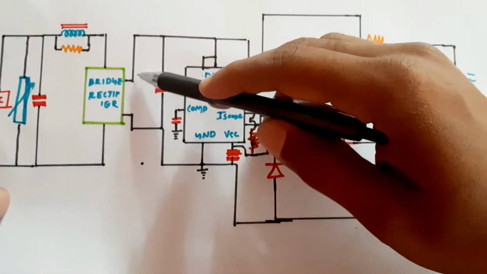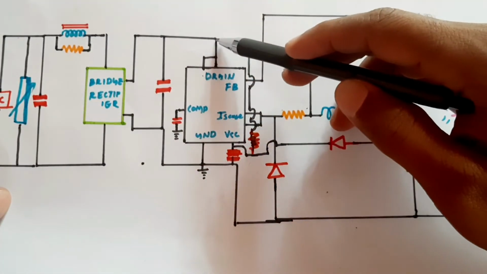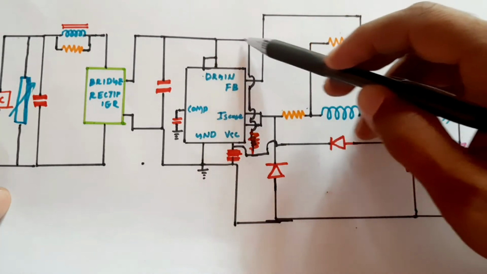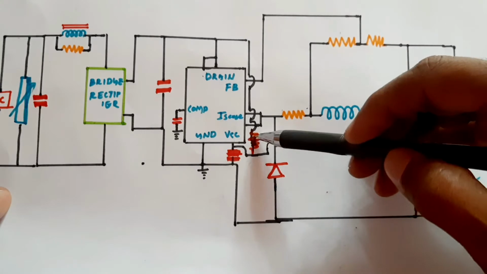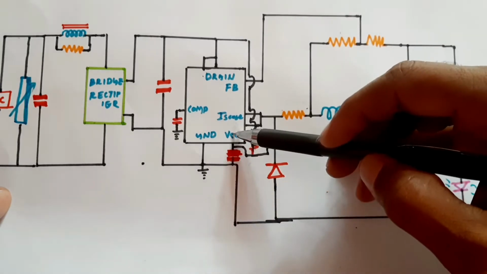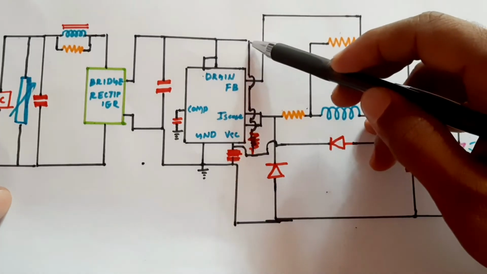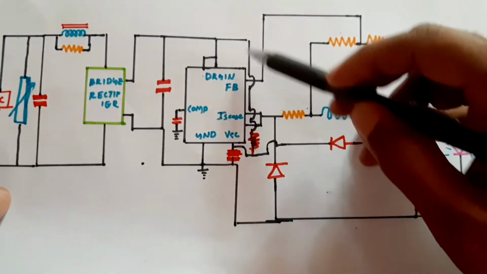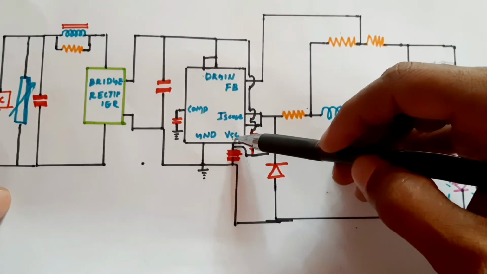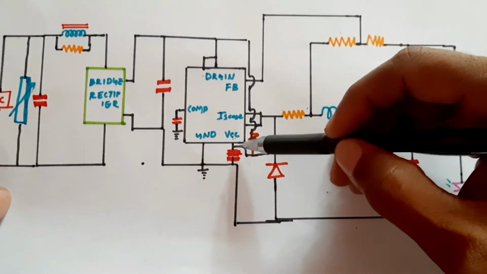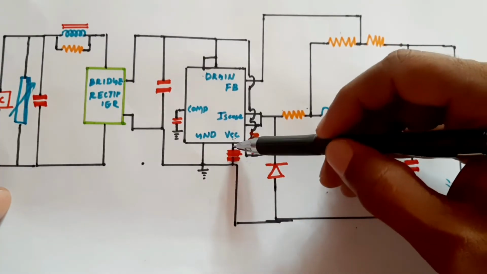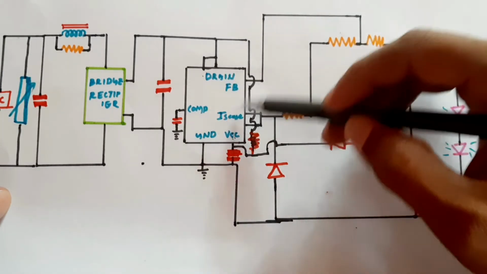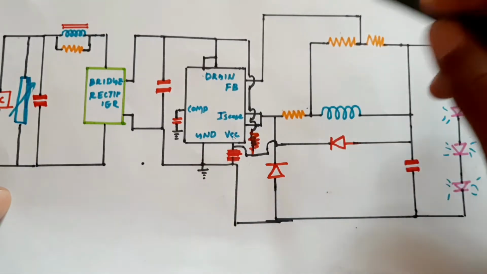And after that, this positive voltage is connected to the drain, and the same positive voltage is connected through a resistor to the VCC pin. That means at the first time the energy is taken from this to the VCC and charges the capacitor. As the capacitor has reached a particular value, the circuit will start working.